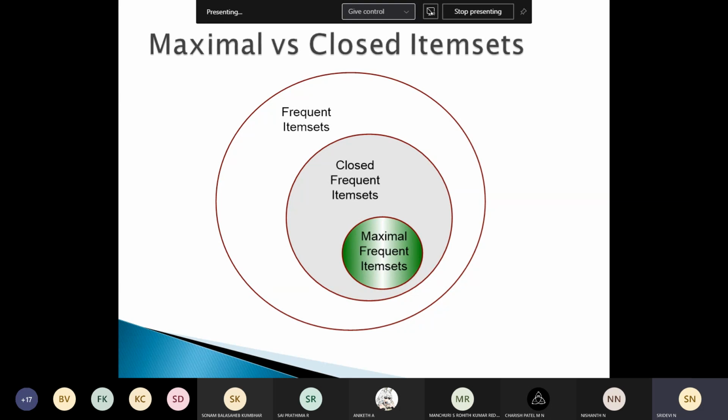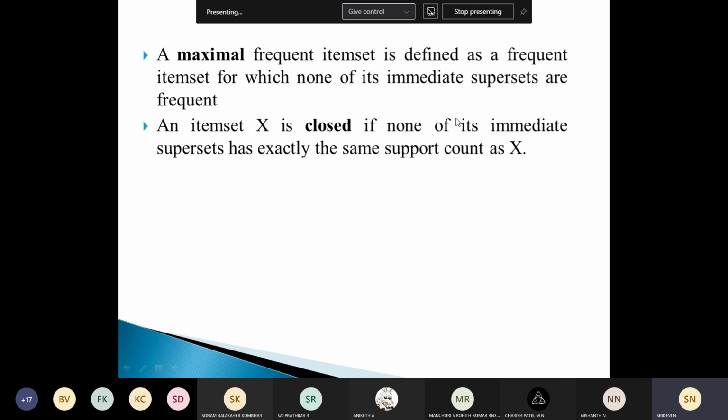So the number of transactions will be very large, and it becomes very useful to identify a small representative set of item sets from which all other frequent item sets can be derived. And two such representations are the maximal and closed frequent item sets. A maximal frequent item set is defined as a frequent item set for which none of its immediate supersets